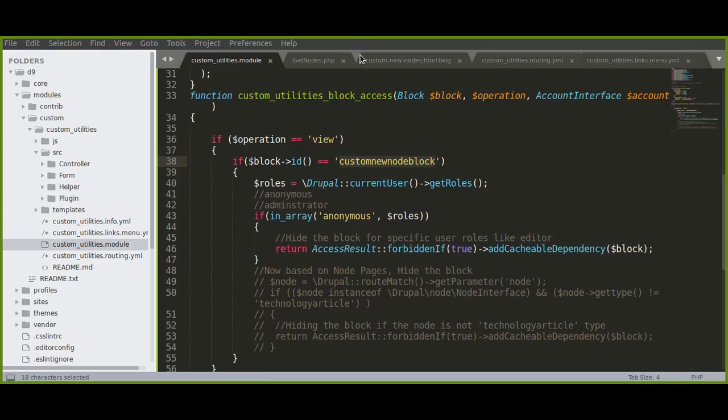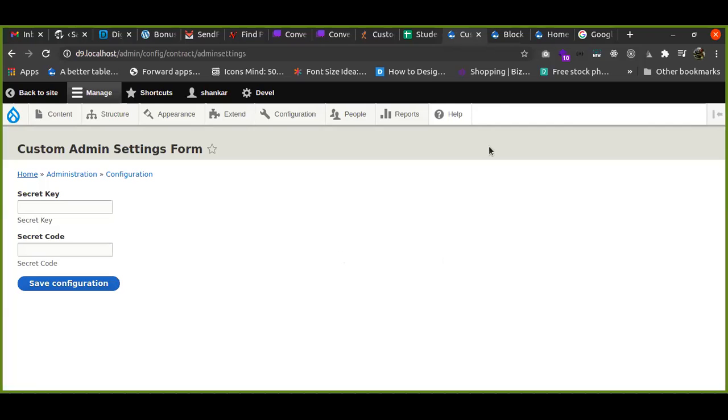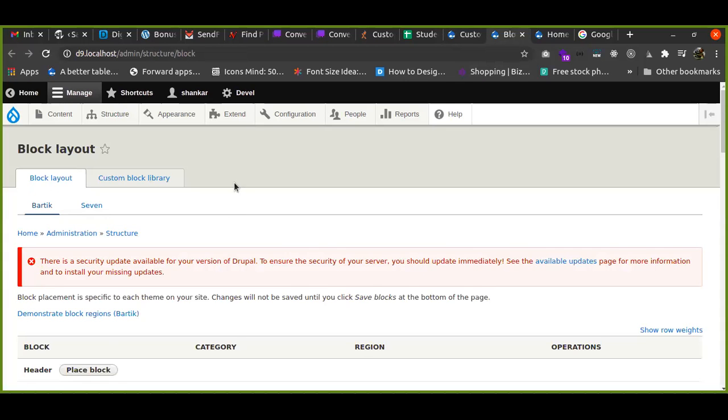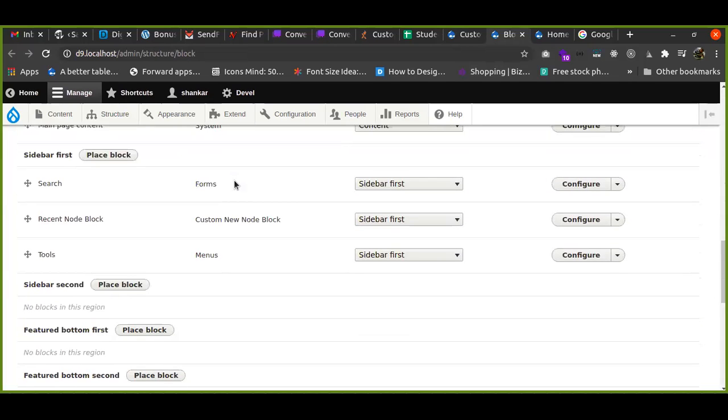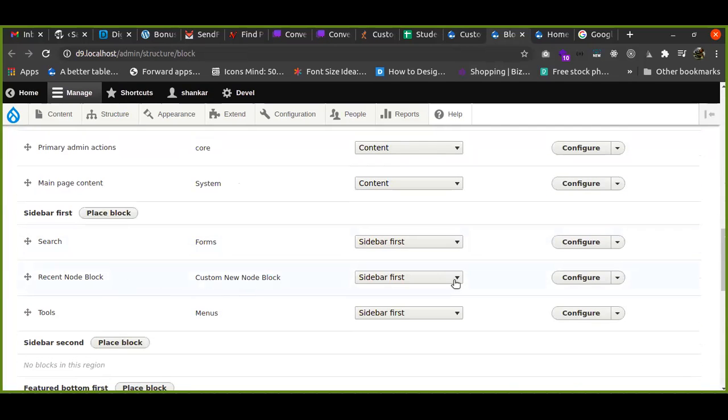The page is open. Let me share this browser. I just opened the block layout. I have already enabled that block. So let me mouse over this recent node block.